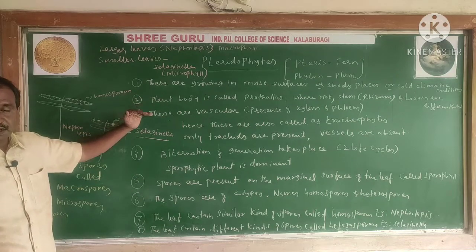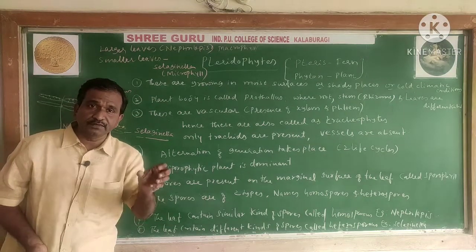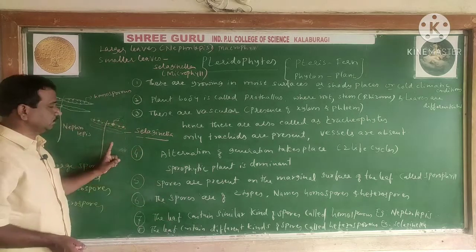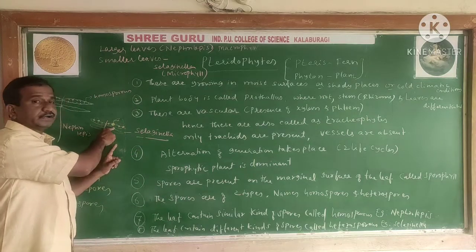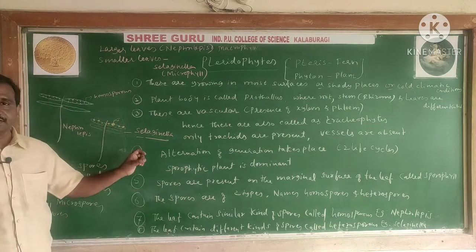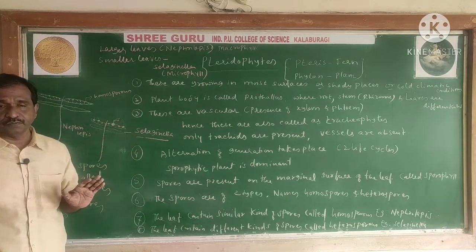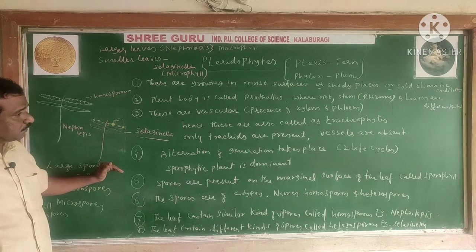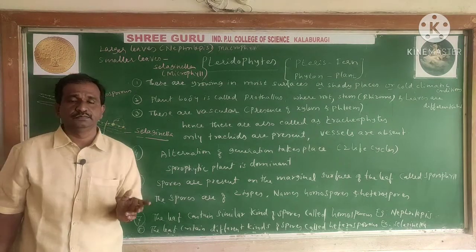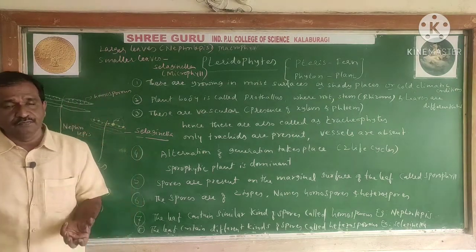We study all this. Which plant is exhibiting the seed bearing habit? Selaginella. Why? Because different kinds of spores are found here and the megaspore is retained on the leaf. Okay, this is what we have studied today, and in tomorrow's or the next video we are studying